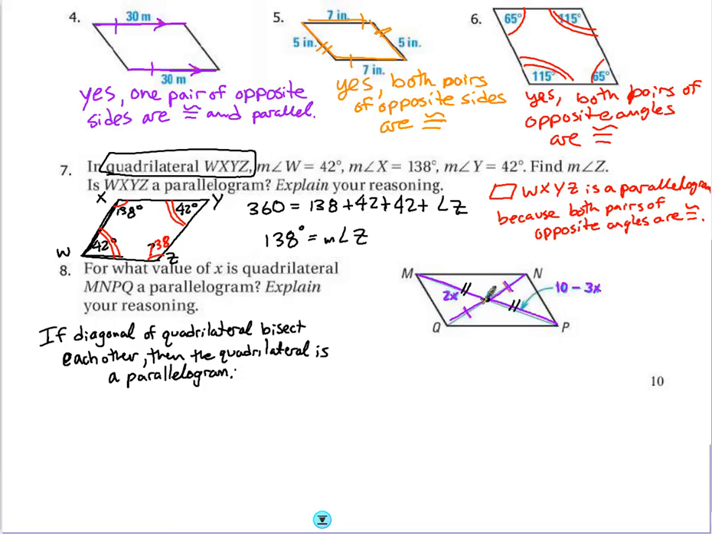And when I solve for x, I do find a value of x that will make those two segments congruent to each other. So as long as this equation is true, then I can say that they bisect each other, and therefore this quadrilateral is a parallelogram. So I'm going to go ahead and add 3x to both sides and get 5x is equal to 10. When I divide by 5, I realize that x is equal to 2. So when I plug 2 in, that makes this segment 4, and that makes this segment 10 minus 3 times 2, 4. So are they congruent? Yes. Do the diagonals bisect each other? Yes. Therefore, because x equals 2,